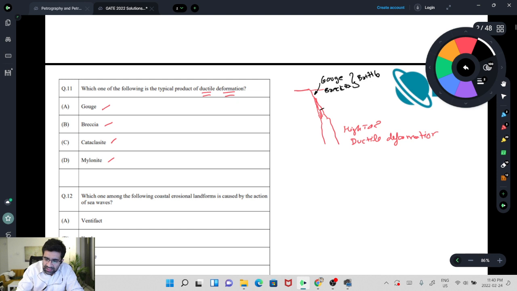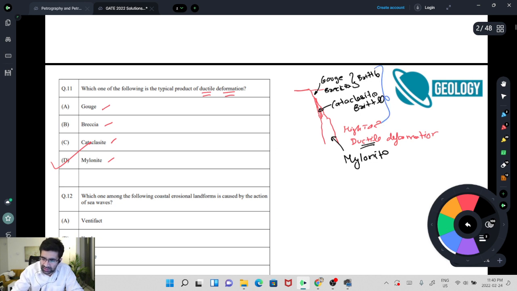Then over here you will get cataclasite, and over here where you're getting this ductile deformation, you get mylonite. This cataclasite is also brittle. So the correct answer for this question will be mylonite. Now you may ask, why